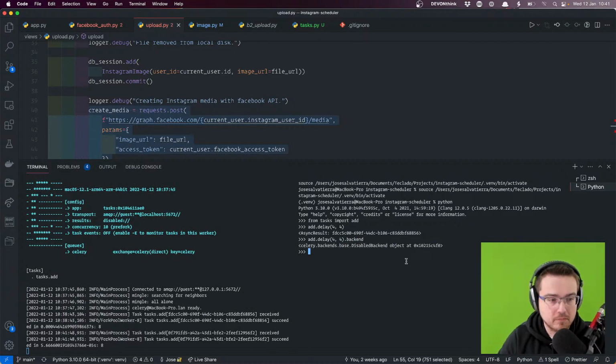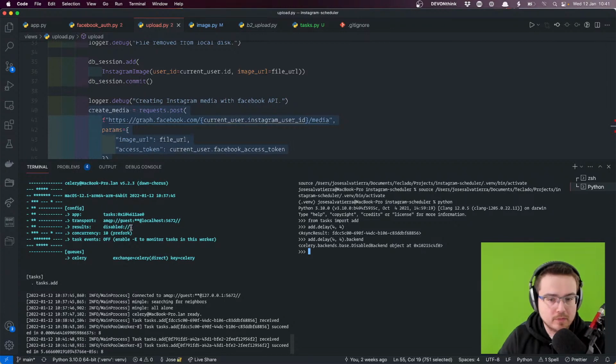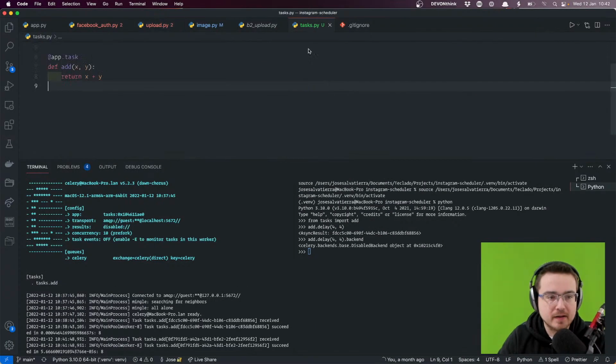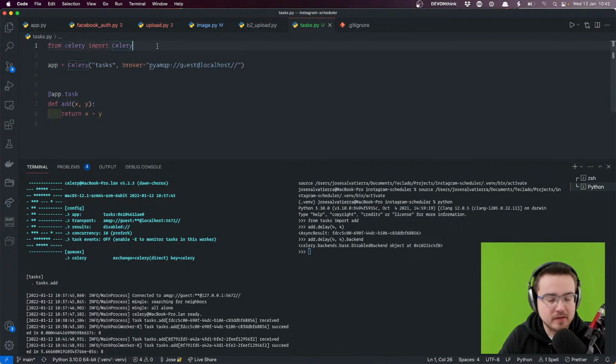Disabled backend. Don't know why it's disabled. Ah, yeah, because we don't have results. Cool, that's fine. Okay, so we don't have results. We can't get the results back from our objects, but I'm guessing they are running. So let's verify if they're running by doing something like